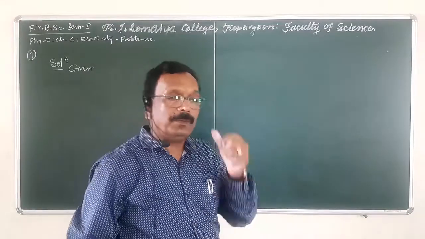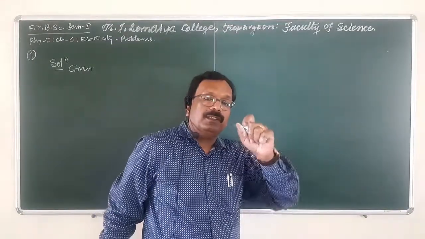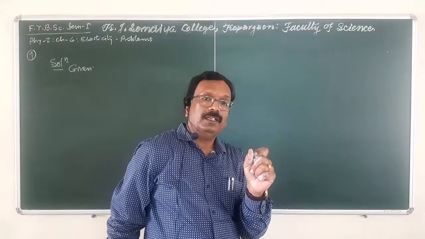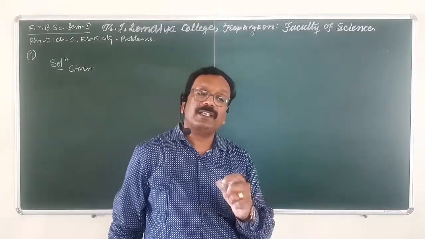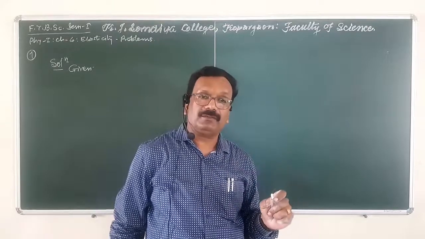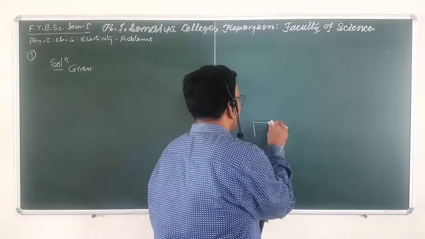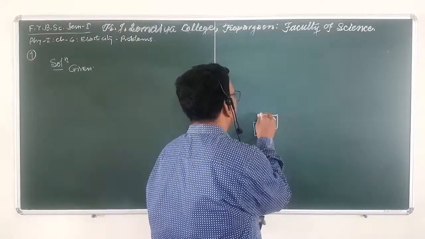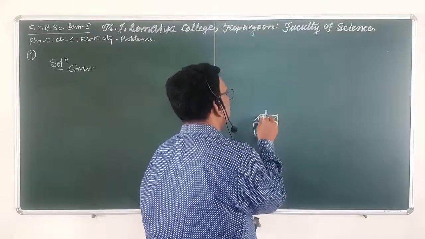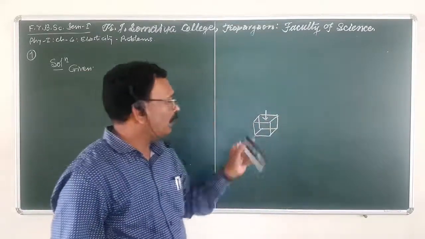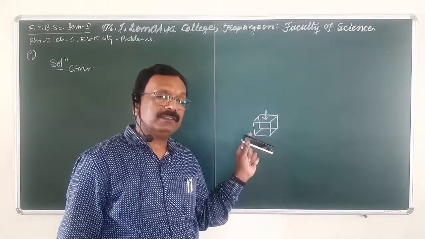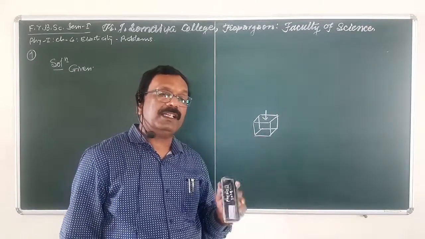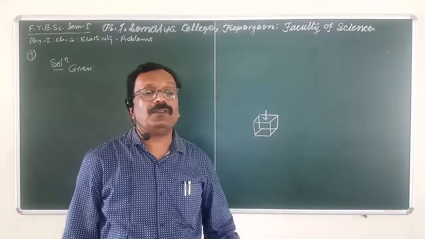See the problem. The problem is very simple, and in a single sentence: the volume of a solid does not vary with pressure. Suppose we have a cube of solid, and if we apply pressure on the cube, then the volume of the cube does not change. Hence in the problem there is the sentence, solid does not vary with pressure.